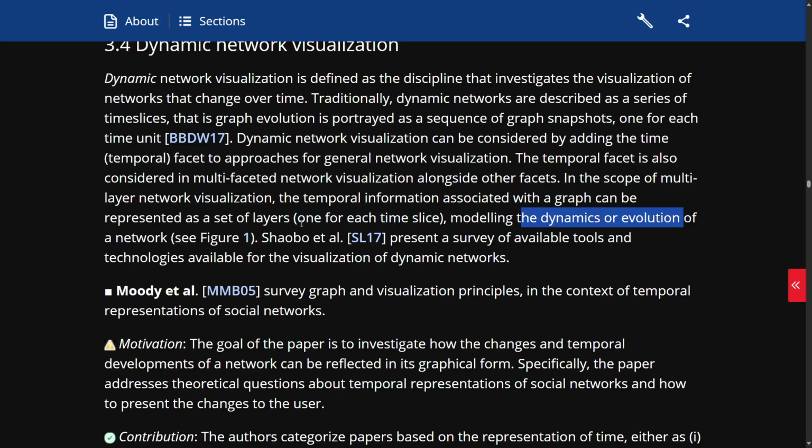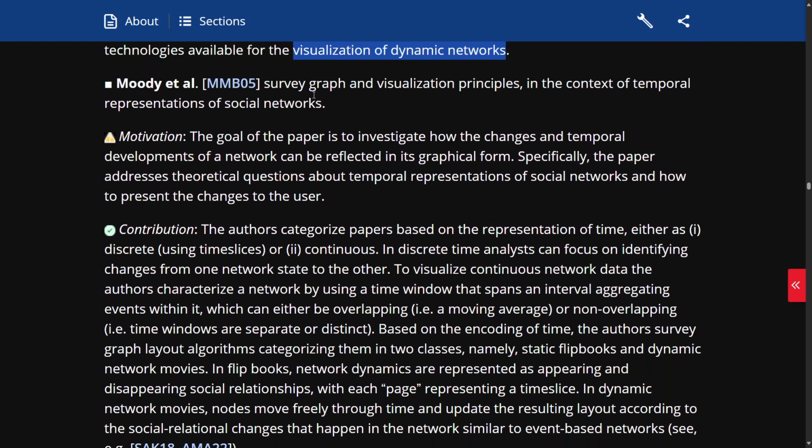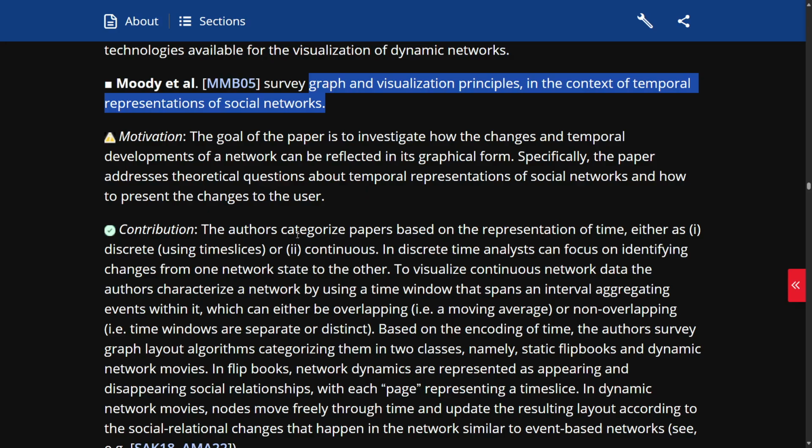Szabo et al. [SL17] present a survey of available tools and technologies for the visualization of dynamic networks. Moody et al. [MMB05] survey graph and visualization principles in the context of temporal representations of social networks. Motivation. The goal of the paper is to investigate how the changes and temporal developments of a network can be reflected in its graphical form. Specifically, the paper addresses theoretical questions about temporal representations of social networks and how to present the changes to the user. Contribution. The authors categorize papers based on the representation of time, either as 1, discrete, using time slices,